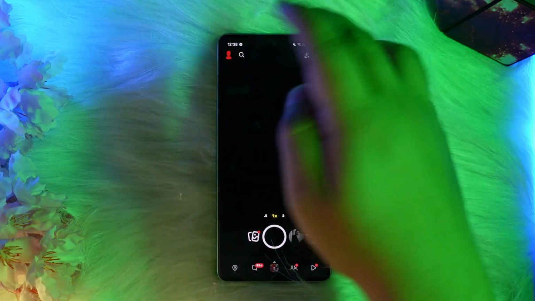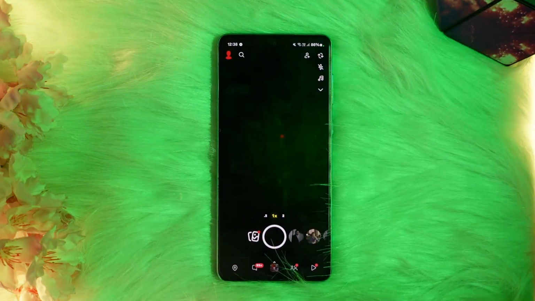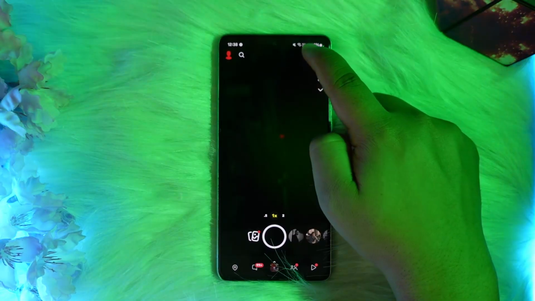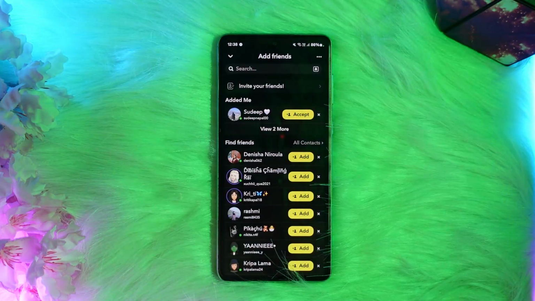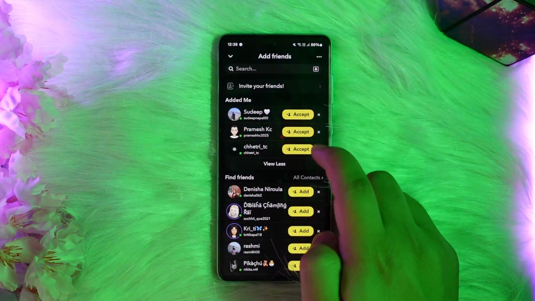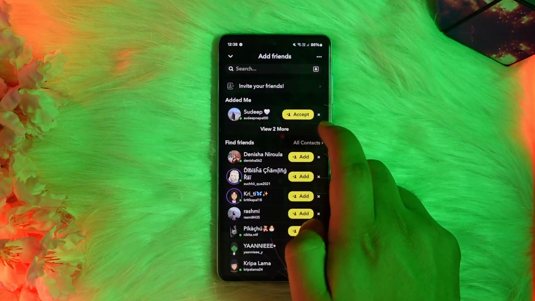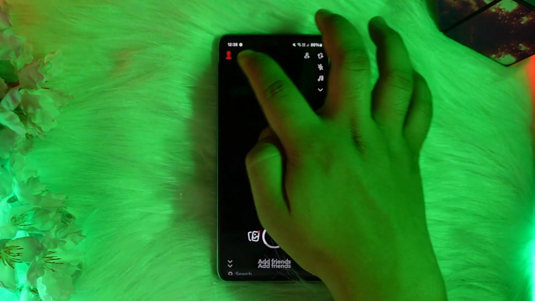Now you can either head over to your profile or the shorter option is to simply tap on the friend plus icon, the add friends option at the top. Once you tap on add friends here, now you can see my received friend request. If you're not getting these, then to fix it, what you want to do is head over to your profile,